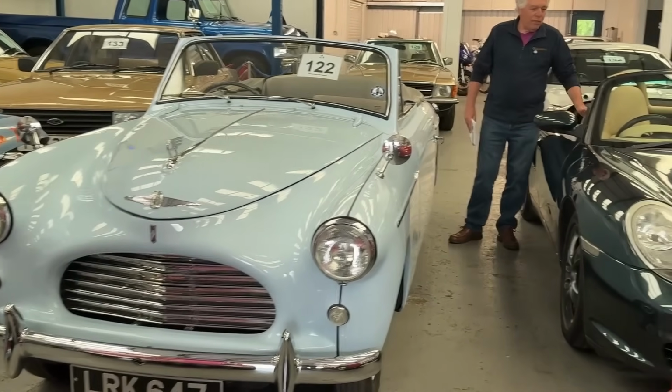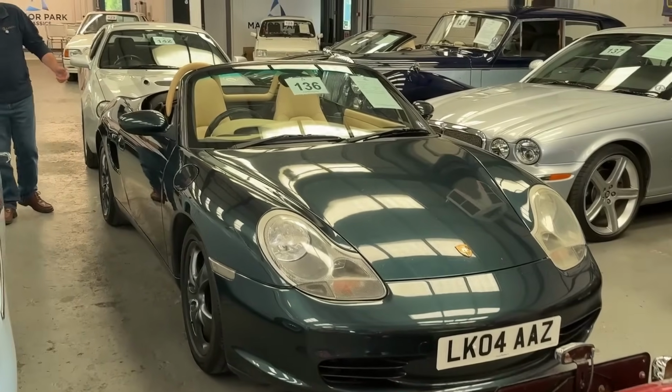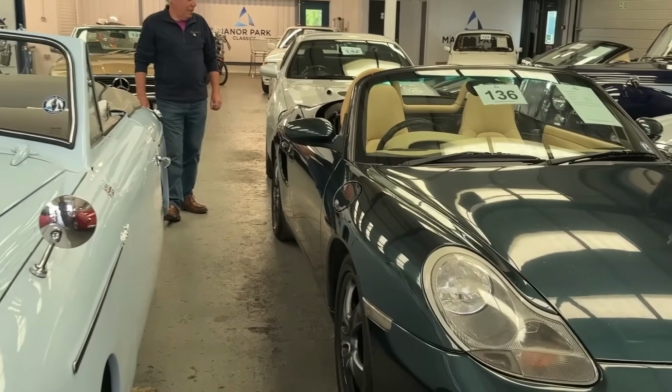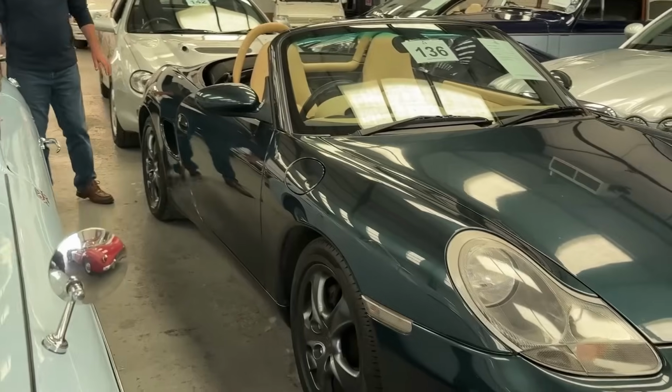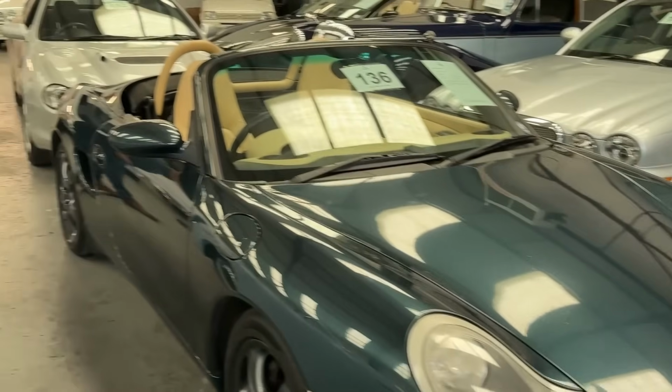Other items you might have seen, our good old friend Mr. Boxster here. Nice green colour. Not much more can be said realistically. I think it's a 2.7. And then over here,